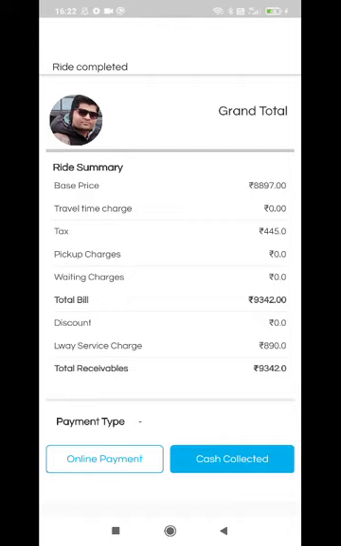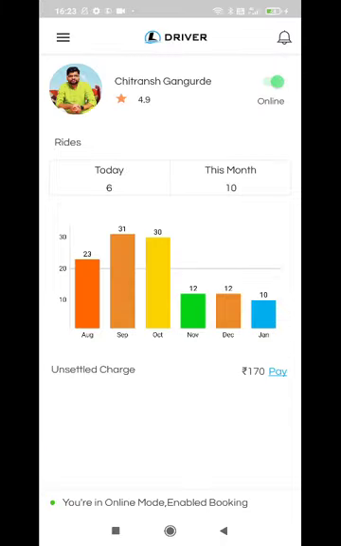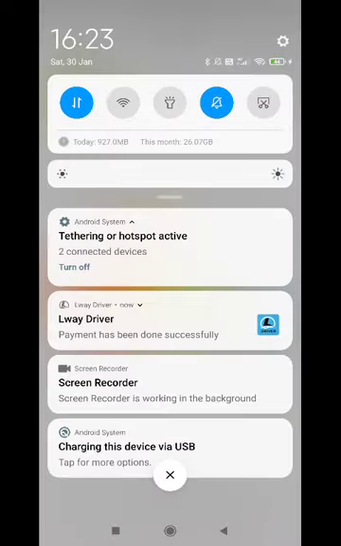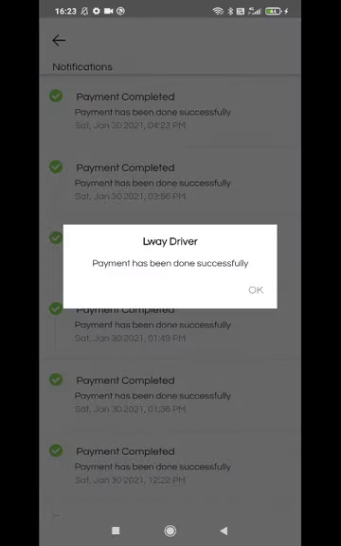Let's say you have collected the cash, so you have to click on the cash collected option. Once you click on that, you get the message on top: payment has been done successfully. In both cases, whether it is online or cash, you should get this message before you free or release the user.